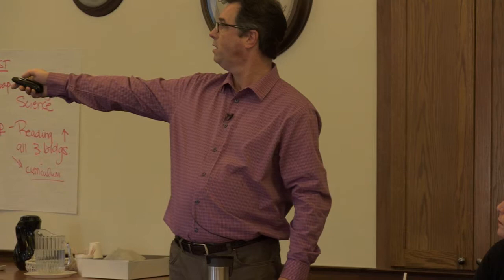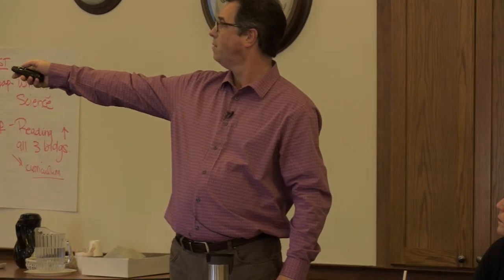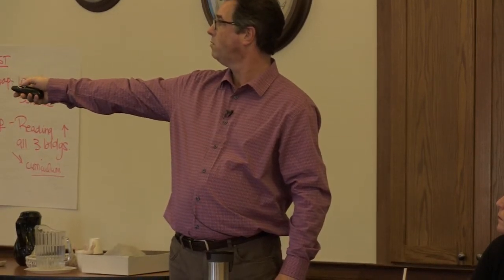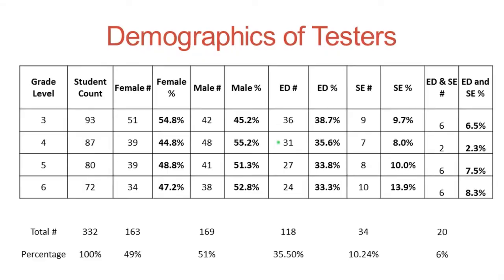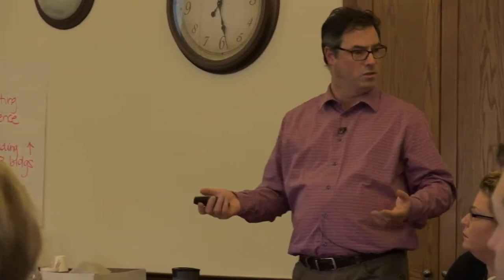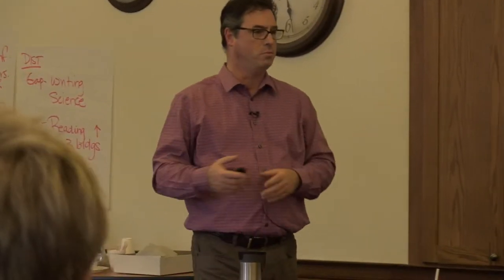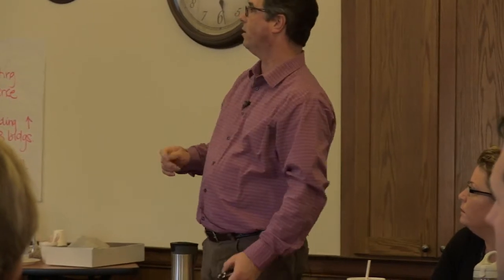Okay. Does this mean that poverty is going down? If we look at this line here, it's going from 36 to 24. Does that mean that poverty is decreasing? No. That just happened to be the demographic of the kids who took the test. So out of all of those kids, you've got more kids in grade 3 who happen to be living in poverty than you had in grade 6, but that doesn't mean that poverty is decreasing. You're probably like everybody else, it's increasing.